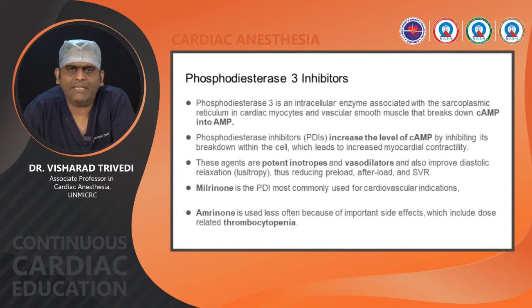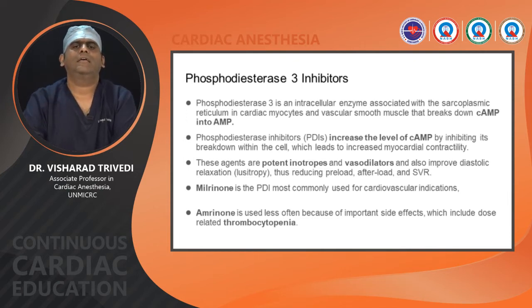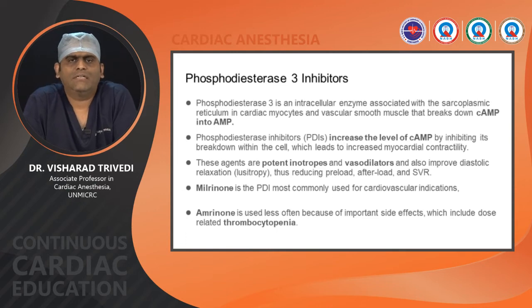So any drug which will increase cyclic AMP level in the cytosol is increasing the contractility of the cardiac myocytes. Now these agents are potent inotropes and vasodilators as well, because cyclic AMP in vascular smooth muscle cells will cause a vasodilatation. So they are inotropes and vasodilators, mainly known as inodilators, and also improve the diastolic relaxation as